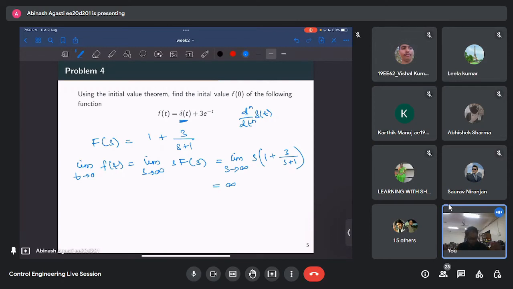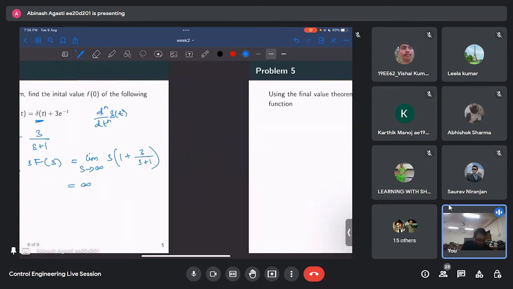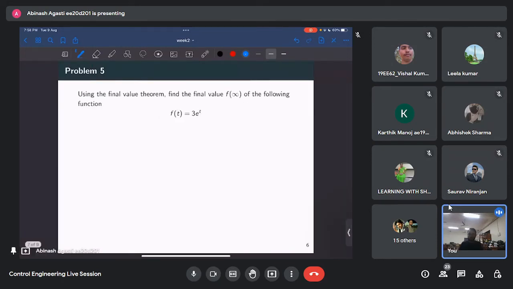So the next question we have is the final value theorem. This also we'll check out. Now the final value theorem, similar to the initial value theorem: for the initial and final value theorems to be applicable, the limit that we want to find out must exist, or else we cannot write that this limit is equal to this limit. So for example, for this case,